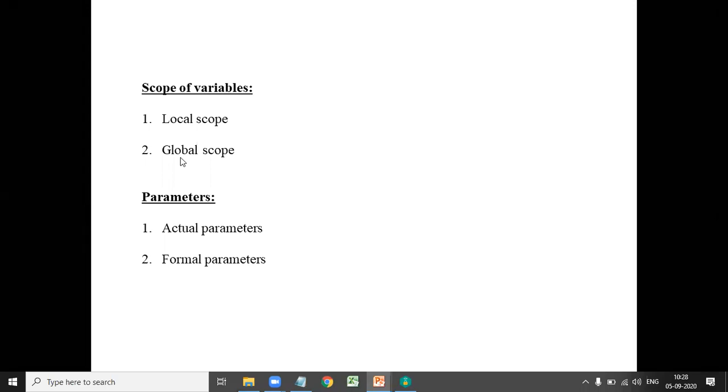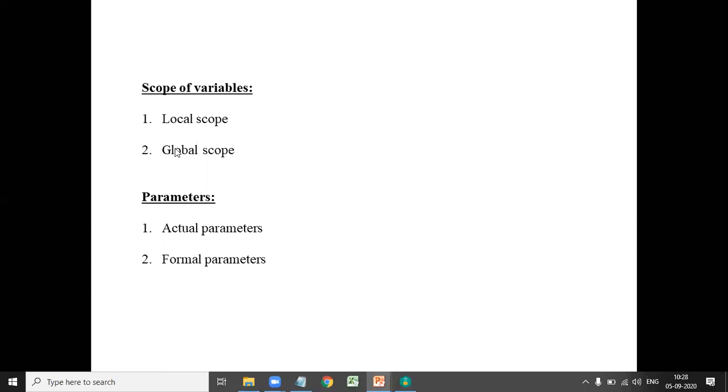Variables that are declared implicitly outside a function or inside a function are called global scope. Variables that are declared explicitly outside a function also have a global scope.